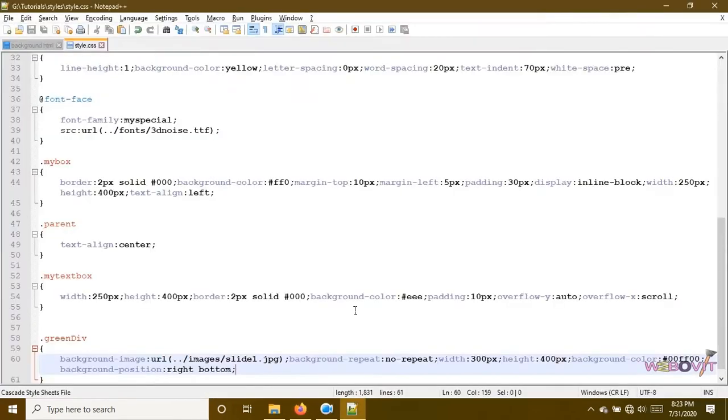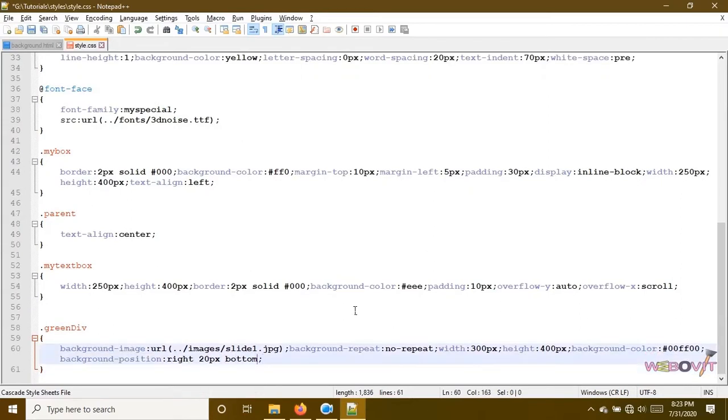Now the image will be placed in the bottom right section of the div. I can give some space also, say 20px from the right and 30px from the bottom. So now it gets a little bit heavy.